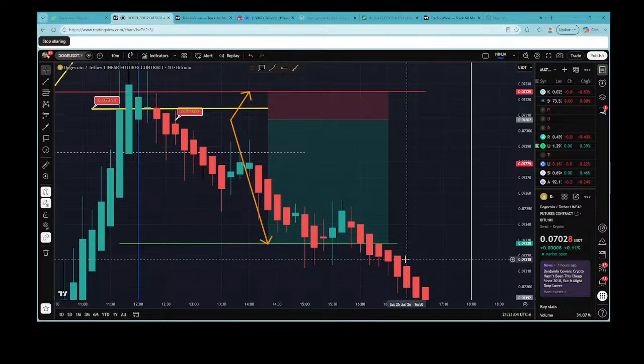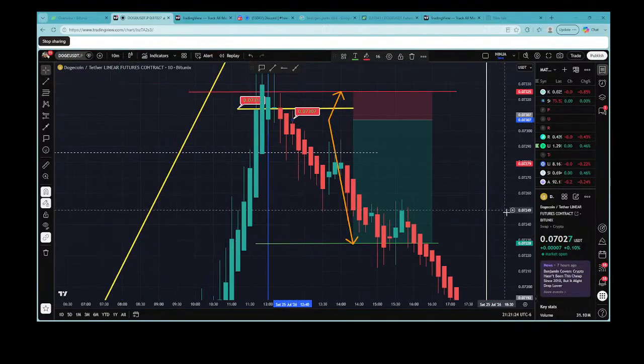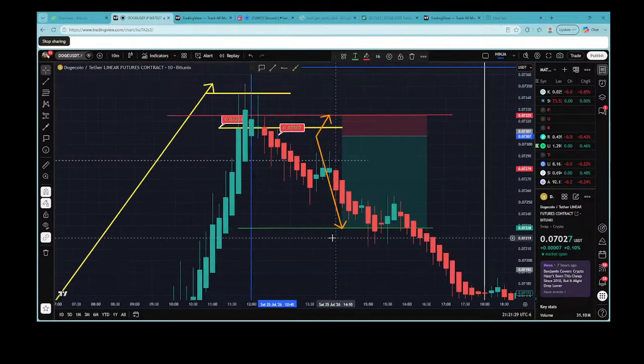Can I protect myself more by increasing my skills? Yes. Could I get a better entry than this by making my skills? Yes. Right? But I don't need a lot of skill level to make this trade. That's just a 1 hour pullback using the 10-minute entry, right? If you do this 1 hour move, right? The same scenario, you're going to be successful